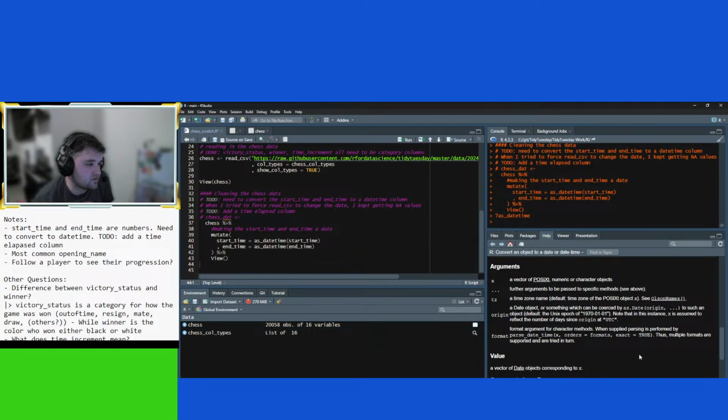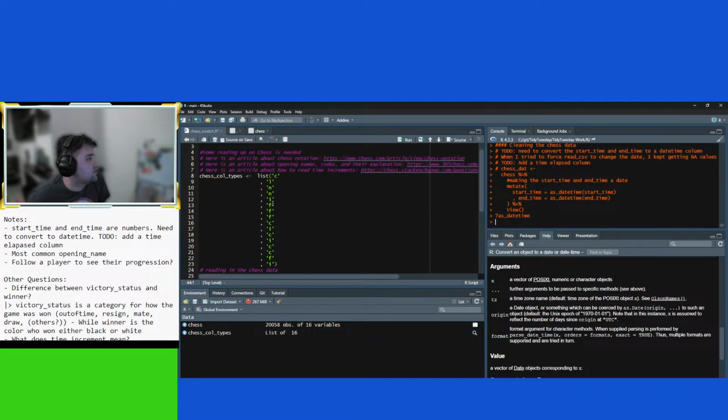A date object or something which can be coerced by as date. Note that in this instance, x is assumed to reflect the number of days since origin at UTC. Format argument. Numeric or character objects. Okay, so we could do character too. Maybe, yeah, let's make these characters.